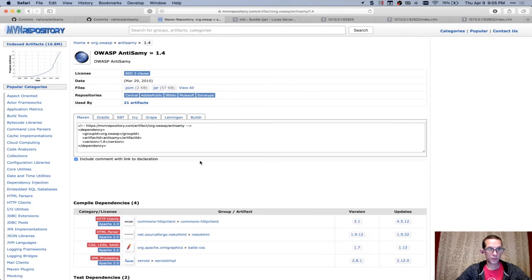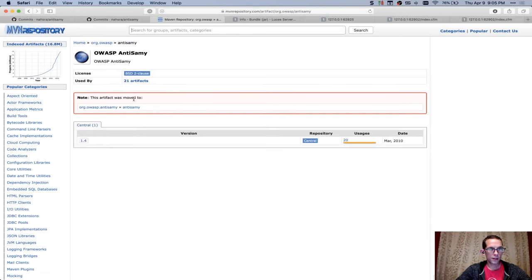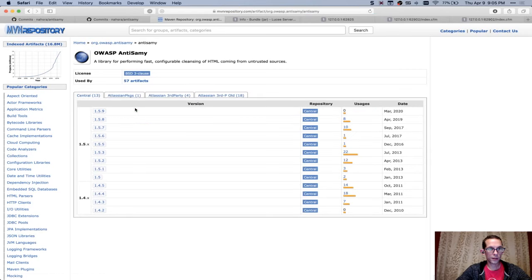When I tried to use the latest version of AntiSamy, I was given this jar, which is 57 kilobytes. This is the 1.4 version, I guess. Part of this is, I don't know. That's 1.4. Okay, so moved here. Do they have, let me just check. Okay, let's go up to the 2017, because I think I was trying to use